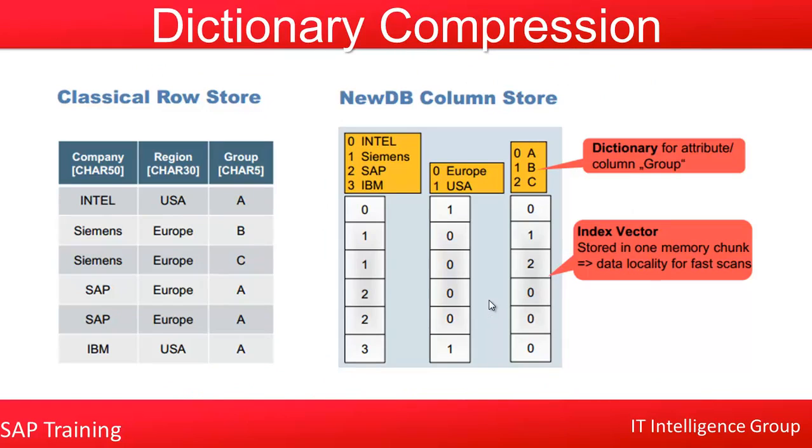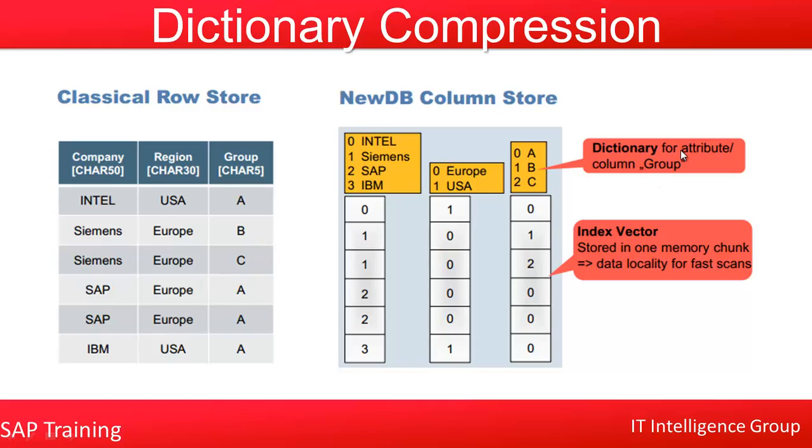Here an example is given of the other aspect, which is dictionary compression, how the compression takes place in the HANA database. This is your classical row store. You have these three columns and these are the different rows present here. This is your column store. In the column store, it is read like one complete table, and as you can see, these values are getting repeated, so